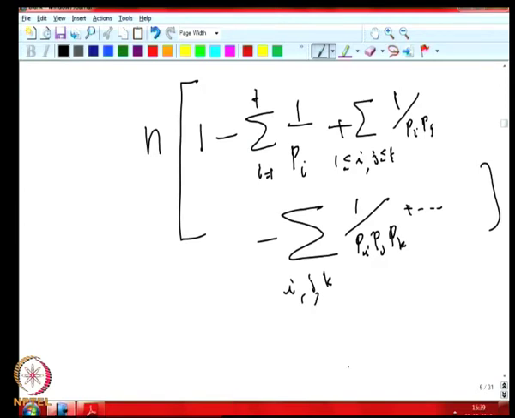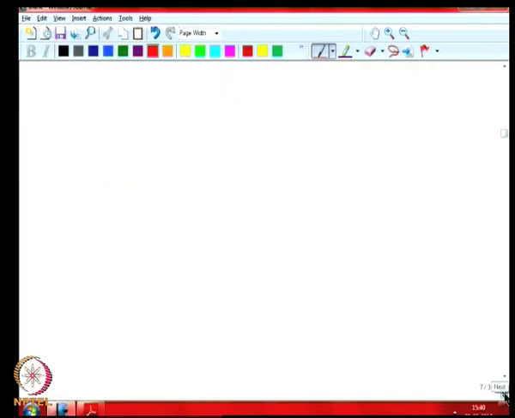So, now what we can do is divide it by p1 into p2 into pt, and of course you have to multiply. If you divide by this, then in the numerator you have to multiply by p1 into p2 into pt, right. Every term should be multiplied. Then what we get is n by p1 into p2 into pt, and the first term will be p1 p2